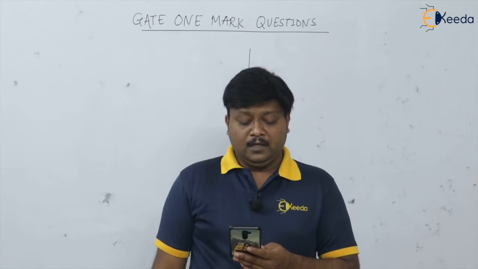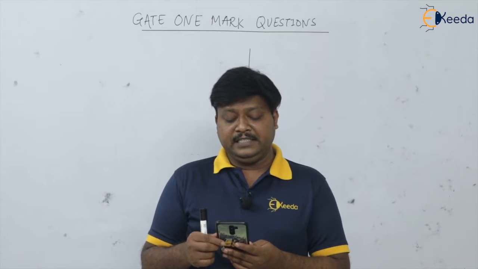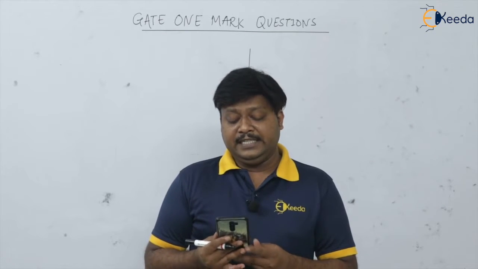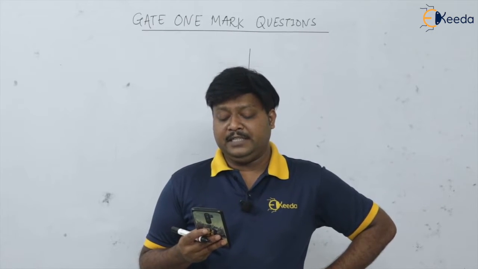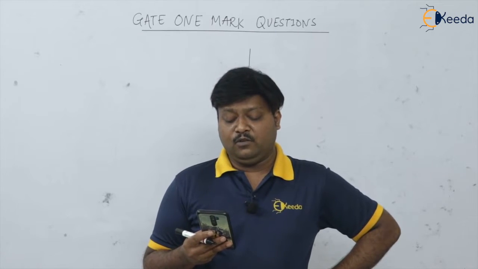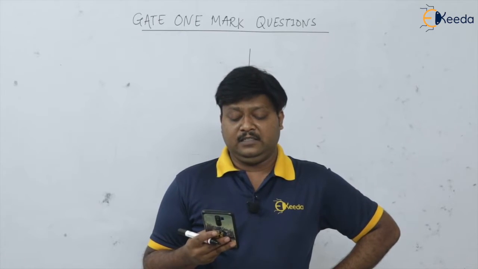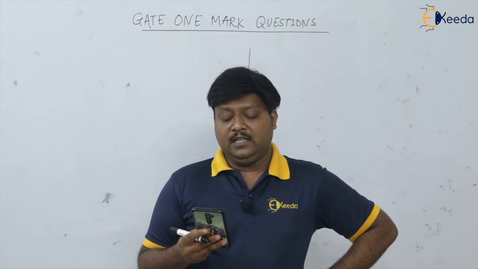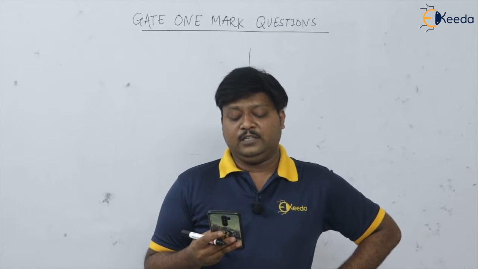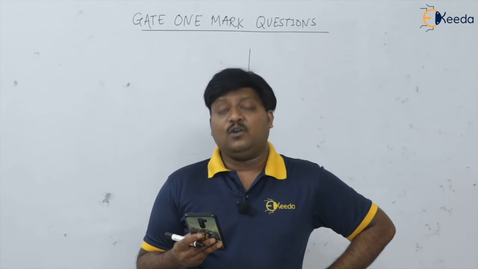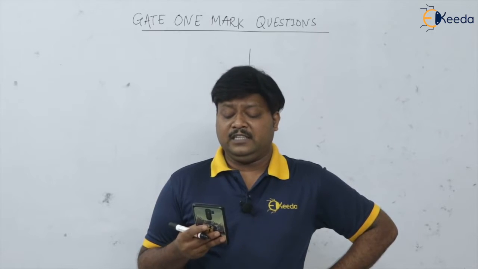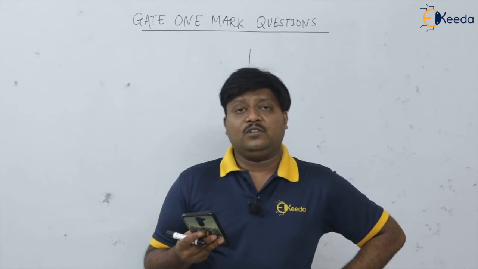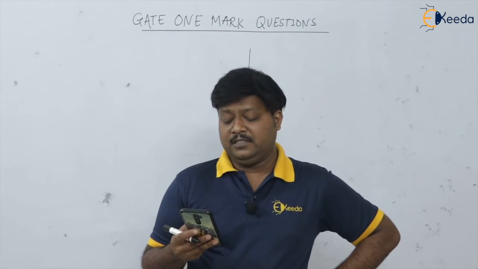Next question. The function of the interpolator in a CNC machine controller is to, again see the question on function of interpolator. Again option A control the spindle speed, option B coordinate feed rates of the axis, option C control tool rapid approach speed, and option D perform the miscellaneous functions like tool change, coolant on off. So we know that coordinate feed rate of the axis, that is interpolator is nothing but it is used for the feed rate. So option B is very much correct.